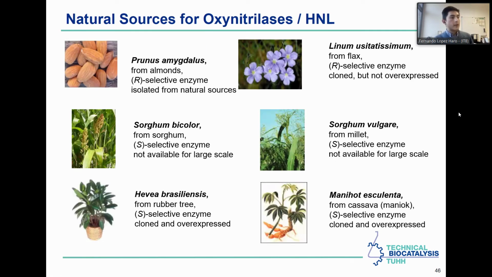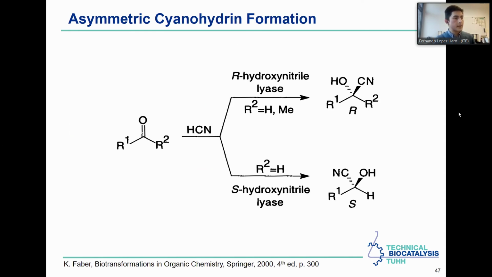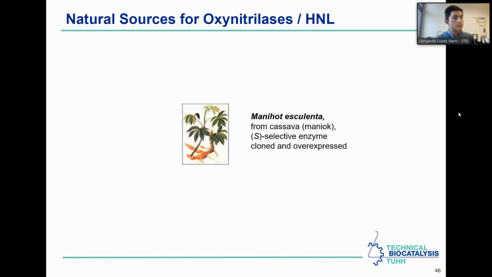Different plants have different selectivities. You can have R selective or S selective, depending on the specific way the plant decides to store that sugar, or keep it safe from predation. This in particular, I don't know why this is. Anyway,